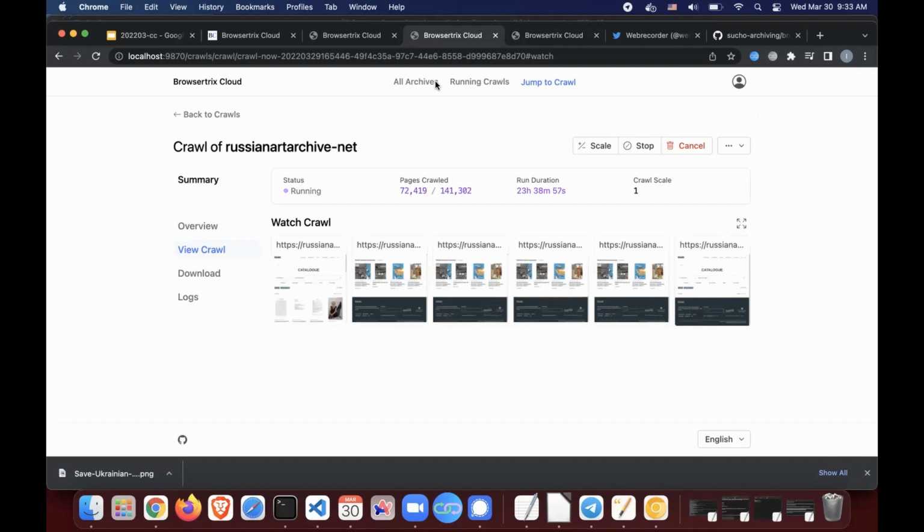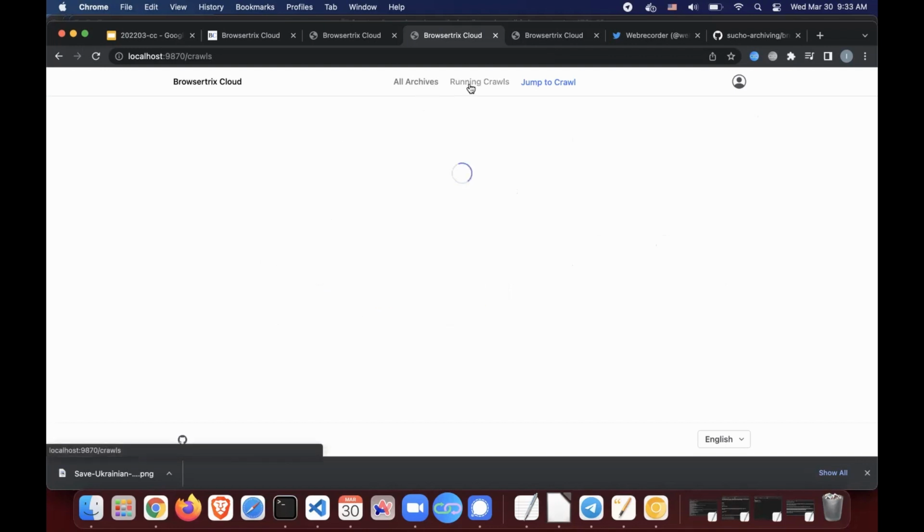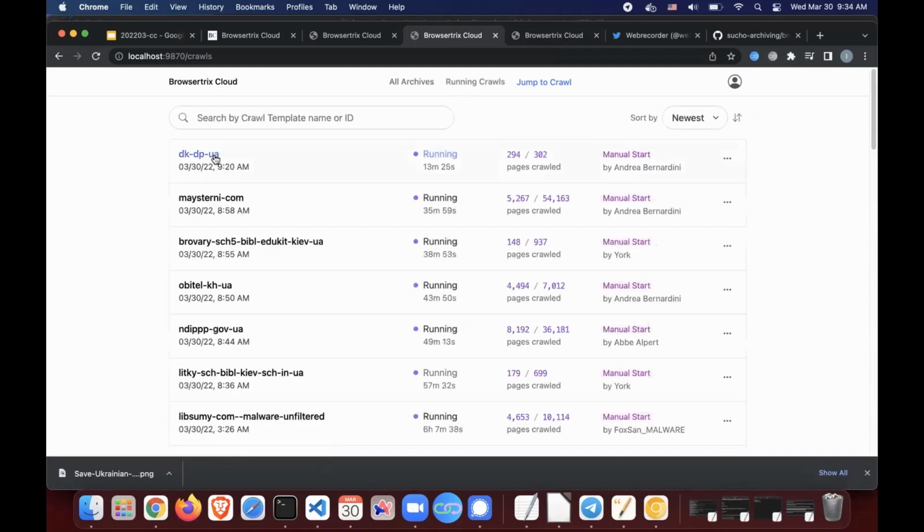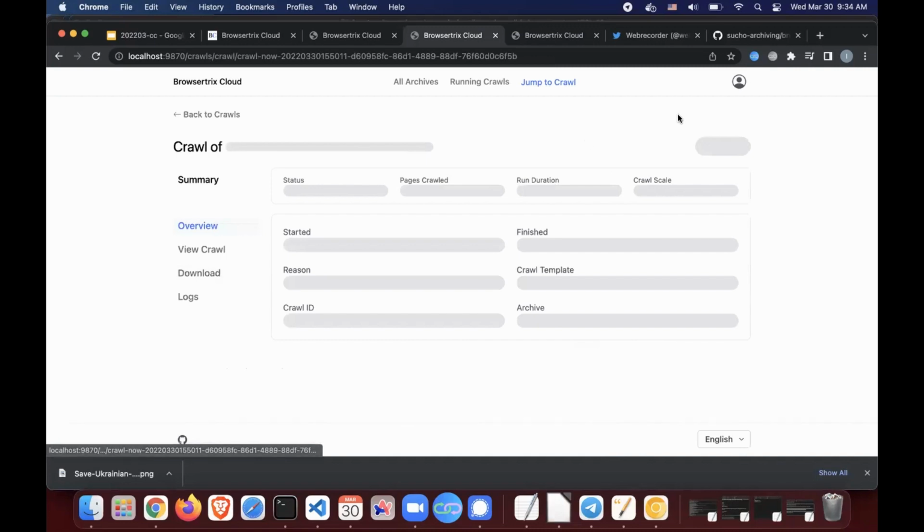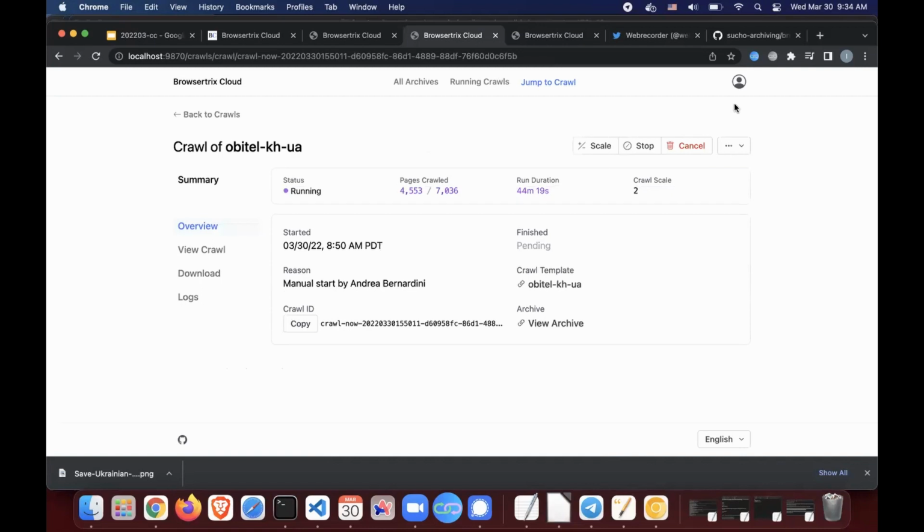One more question about Browsertrix Crawler before we move on. Are there any limitations in file size to Browsertrix Cloud? That's a good question. Ideally, no. The way it's configured, it's running on AWS, and it can essentially have unlimited storage size. Currently, everything is being written to a single WACZ file, and that's how we ended up with a WACZ file that's 1 terabyte in size, which of course